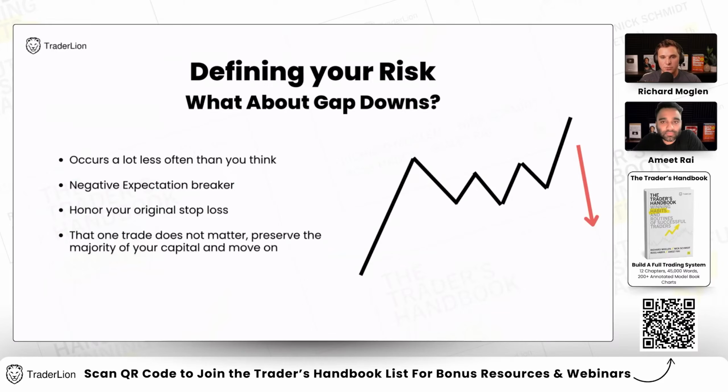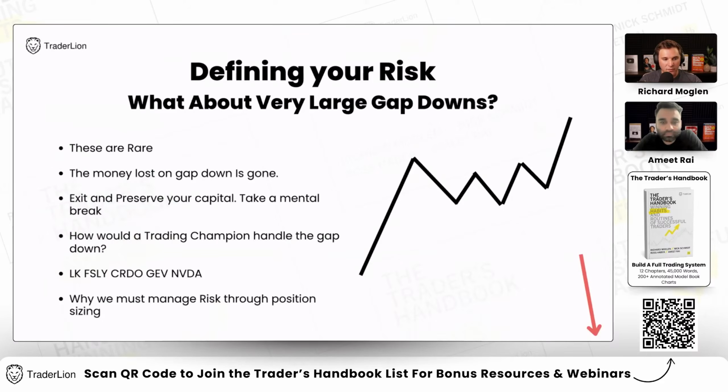You're not able to recover from a 50% drop in a position where you should have taken the stop at 5% or 6% because it gapped down below your 3% stop loss. So honor your stops and take your small loss when you've got it. Then, of course, there's an even bigger gap down. We just experienced this with the DeepSeek news. There are a lot of names that were leaders that were acting well, like Nvidia, that gapped down 10, 15, 20% in a single day. These will happen, but again, not as often as we think.